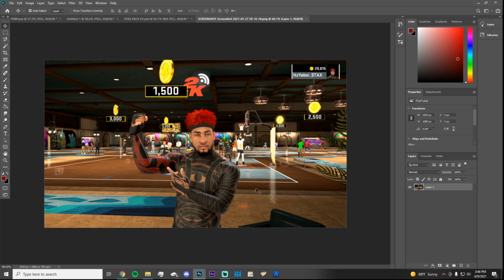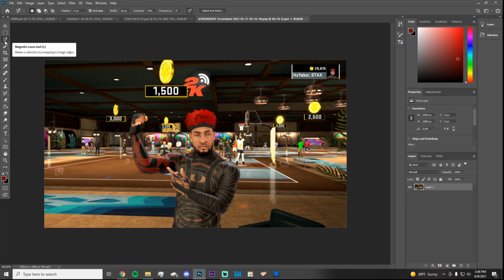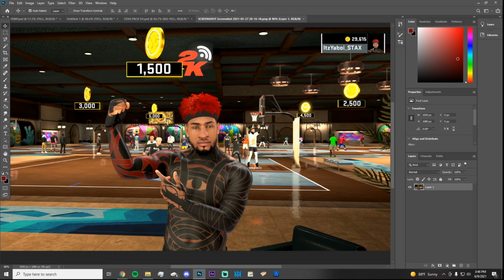All right, when I first started making thumbnails, I used this tool right here, the magnetic lasso tool. You can hit L on your keyboard to do this. You basically click and you just trace along your player, and it kind of automatically does the cutout for you. Now, you could do that. I'm trying to tell you, I've made probably over 100 videos and thumbnails using that tool,